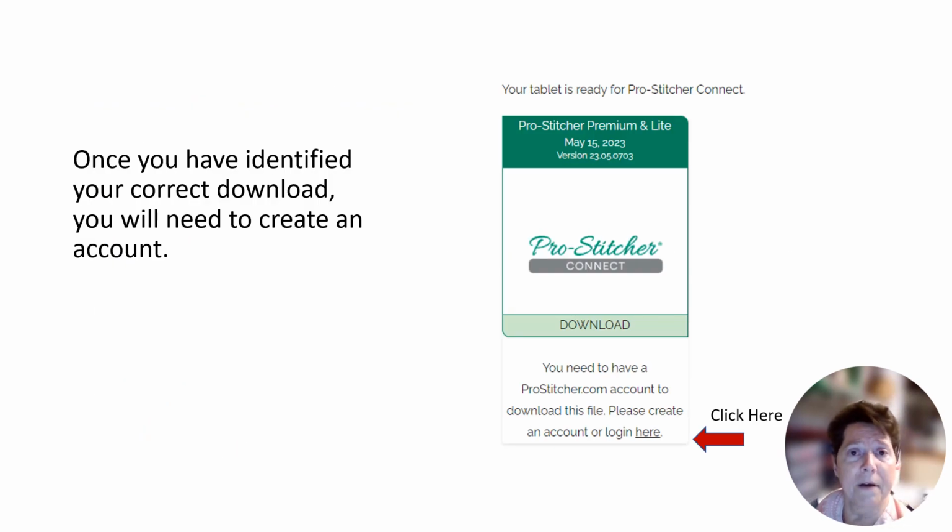Once you've identified your correct download, then you're going to need to create an account. We've never had to create an account before, but now there'll be an account assigned to you, and that will encompass all the Pro Stitcher products that you own. So my selection was this, as you see on the right, and you'll see down below they're telling you that you need to create an account or a login, and it's different from your Quiltable account,